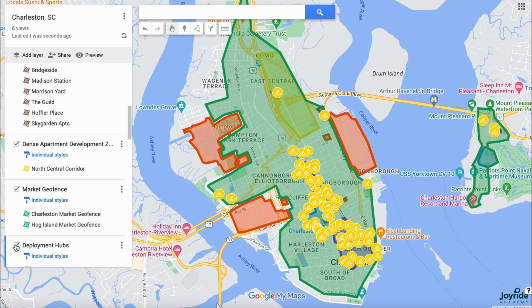The final step is to define our launch day deployment hubs. A general rule of thumb is to keep density above all else. However, no geography is perfectly laid out to achieve that while testing demand. So I will place a few strategic hubs at some of the more distant, dense housing in the northern corridor. But for all others, they will be to capture as much demand around the College of Charleston and the downtown